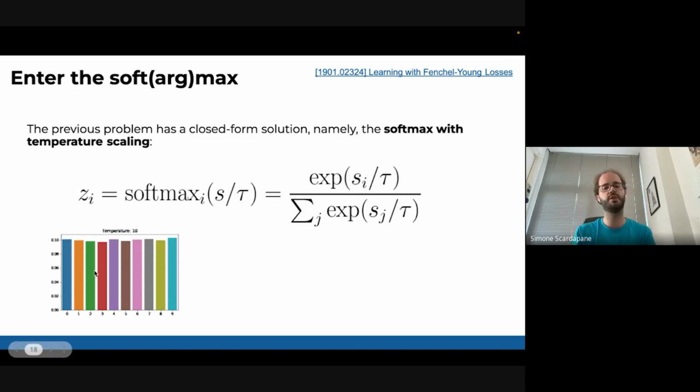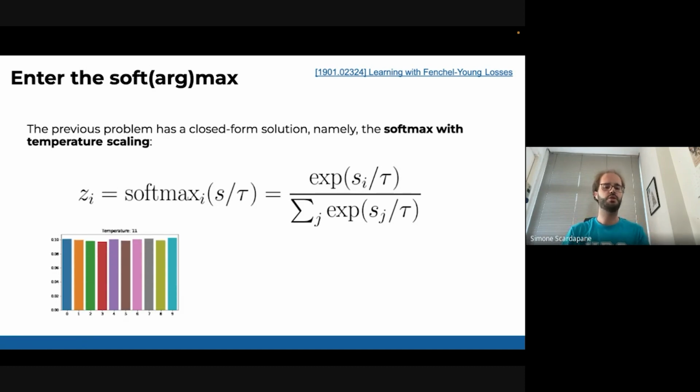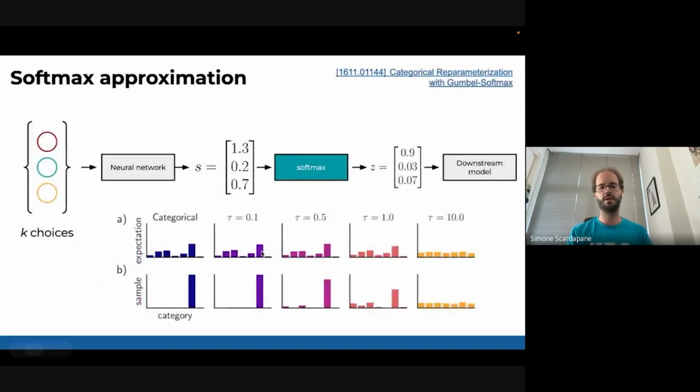Basically, now everybody knows about the temperature because of GPT. Depending on the temperature, the softmax will transform the scores from completely flat vectors to vectors that are almost exactly one-hot.